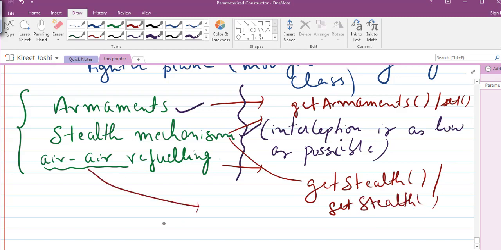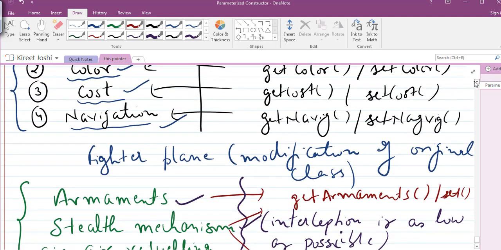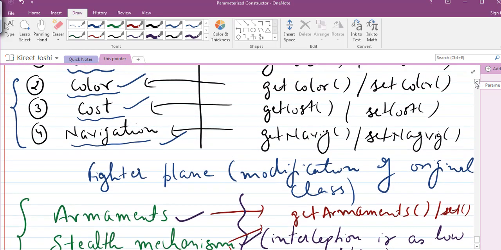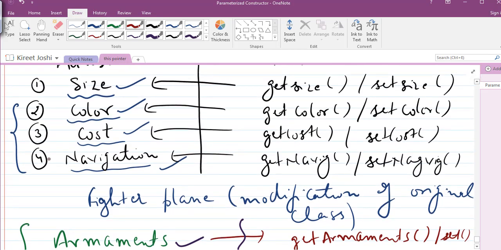Okay, for this air to air refueling capacity, again we have to create some methods. So now you can see that we have increased. If I want a fighter plane class in a program, what I have to do is use these 4 attributes and these 8 methods, and